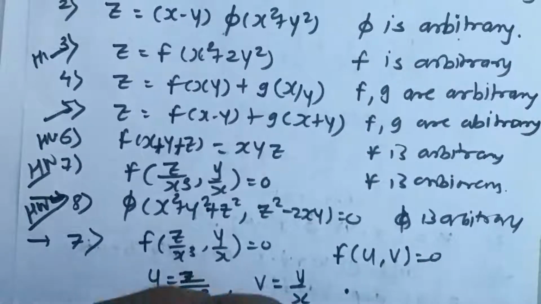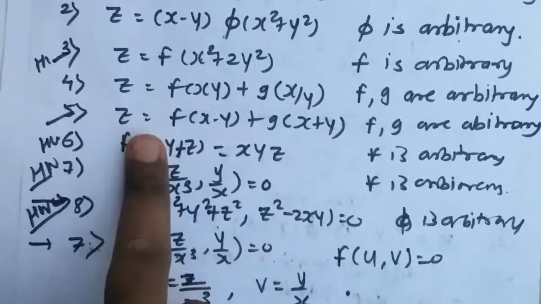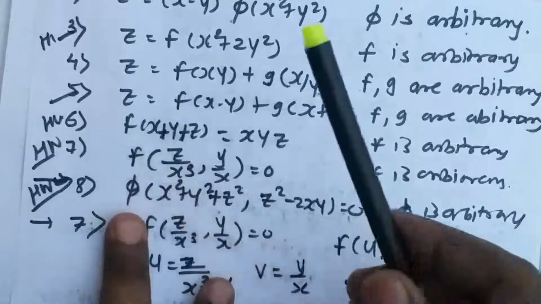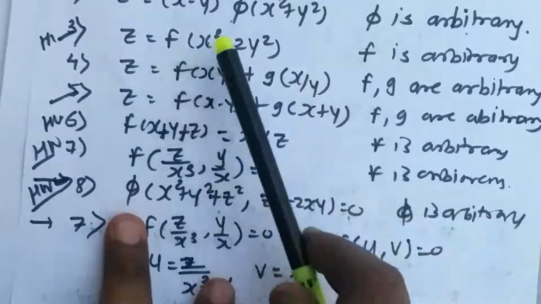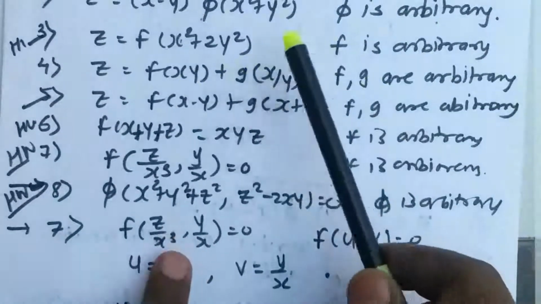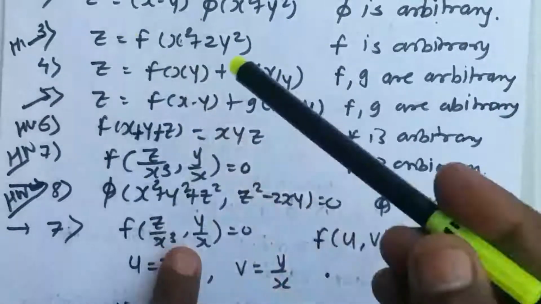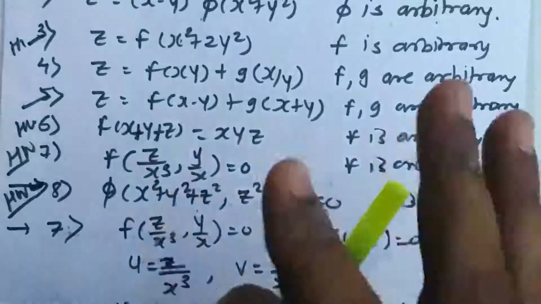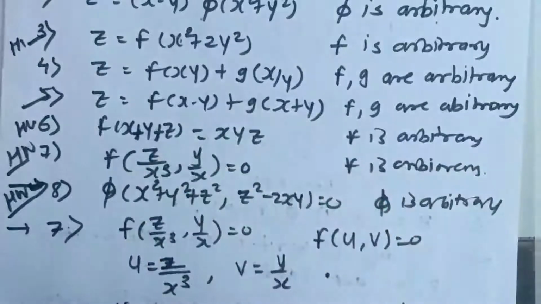Differentiate the given function with respect to x, with respect to y, again with respect to x, with respect to y, to get del 2 z by del x square, del 2 z by del y square. Okay, so you'll get 4 equations in front of you. By observing them, multiply by suitable factors, do the addition manipulations, and try to eliminate f, f dash, all the terms of f and g, and get a differential equation free of arbitrary functions. So I hope you have understood this method, how to do the calculation. If you have any kind of doubt, you can ask me at any time.